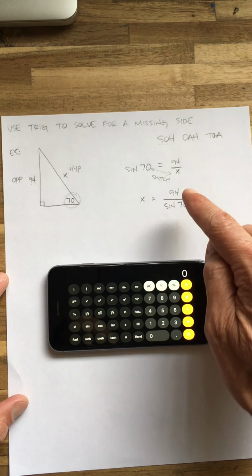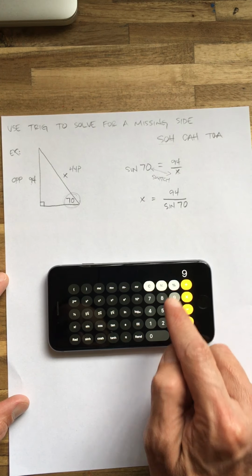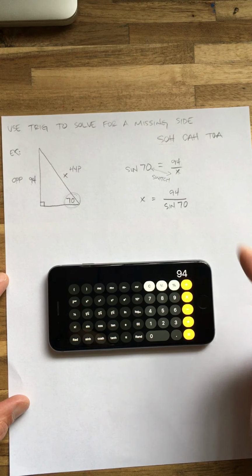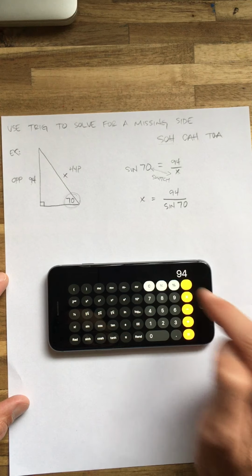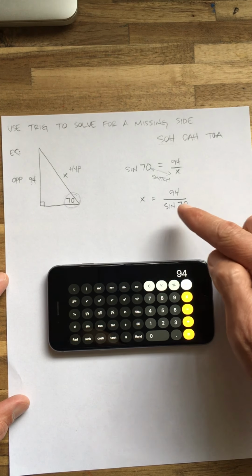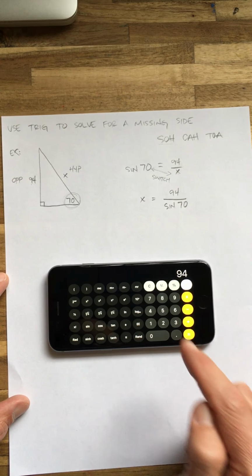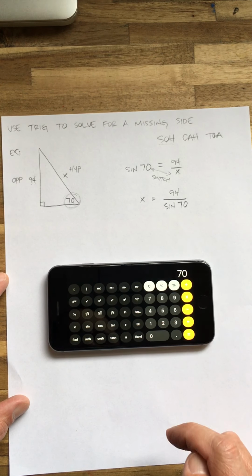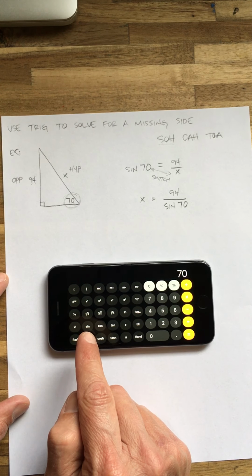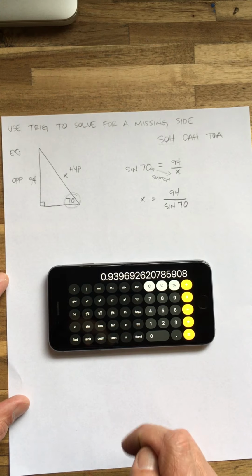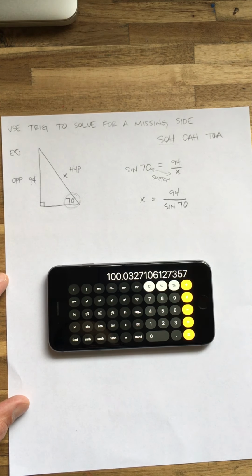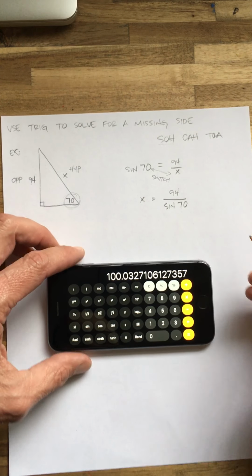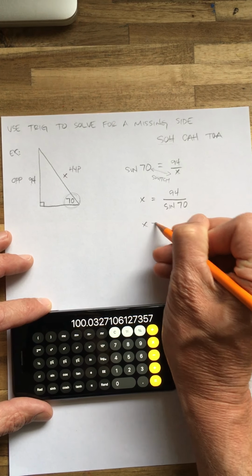So anyway, we have 94, so go ahead and click on 94, okay? And it's divided by, that bar means divided by, so hit divided by. And what you're going to do is hit the sine of 70, but you have to hit 70 first, so hit 70, okay? Then hit the button that says sine, it's right there, hit sine. And then that's the sine of 70, so now hit equals, and you get 100.03. All right, so x equals